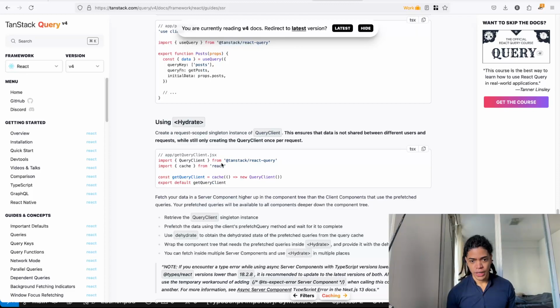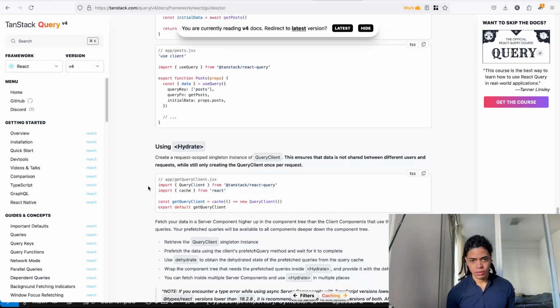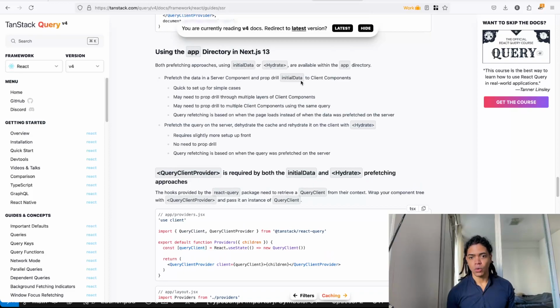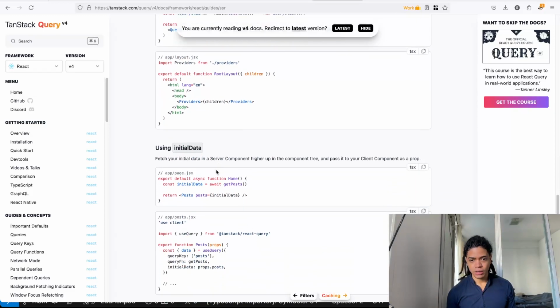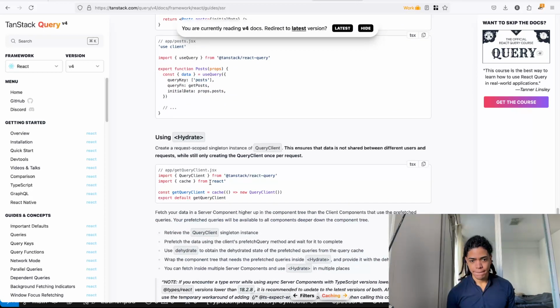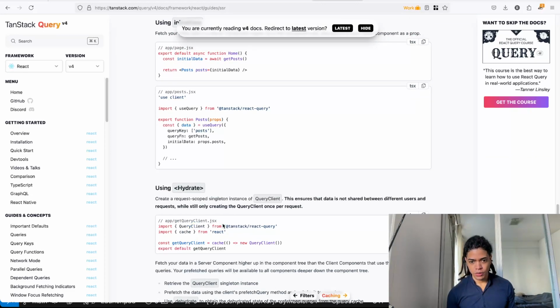You say, I want you to cache this, app/getQueryClient.tsx. I want you to now query this per client. Fetch your data in the server component. And this is using initial data and using hydrate. Where here you say, hey,